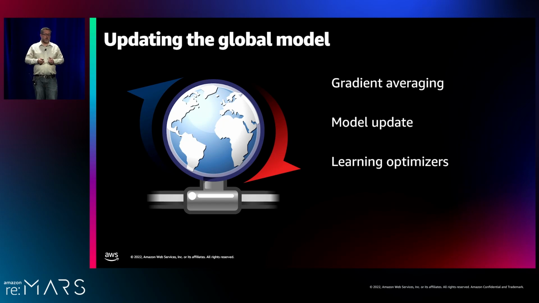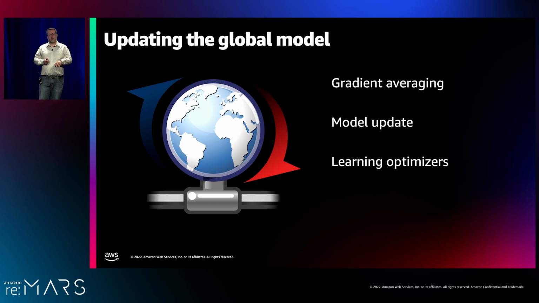So talking about the global model update, the first thing we do is, once again, average all the gradients together. And we do a weighted average, because some of the gradients may have more requests. Remember, all these gradients that are coming in are themselves averaged. They might not have the same number of requests in each one of them, so we do a weighted averaging to end up with one single final global gradient that we can use to update the model.